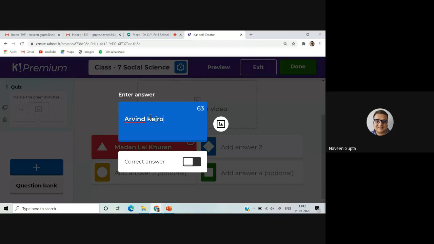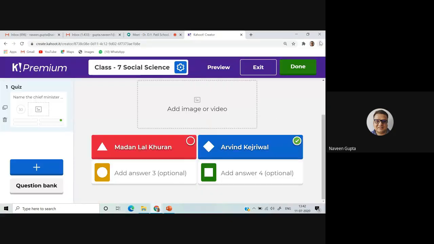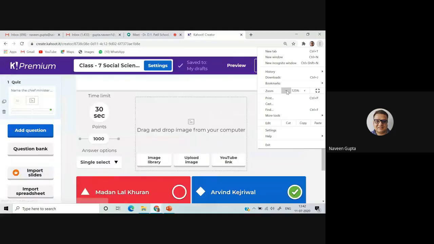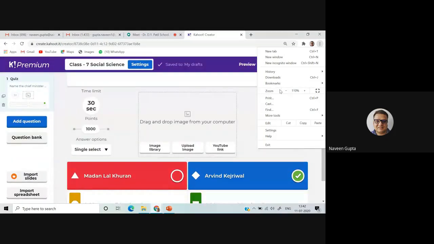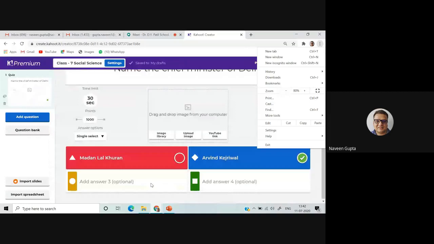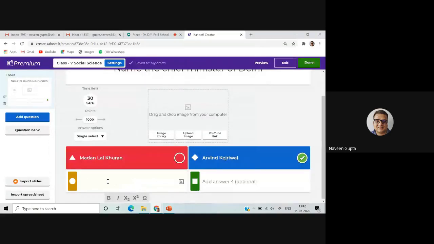Arvind Kejriwal is the Chief Minister of Delhi. So I'll click on this option. This is the correct answer. If my size is not increased, I'll not get these kinds of things. As I have increased the size, it's coming up. If I'm not using a Zoom screen, I can type here.